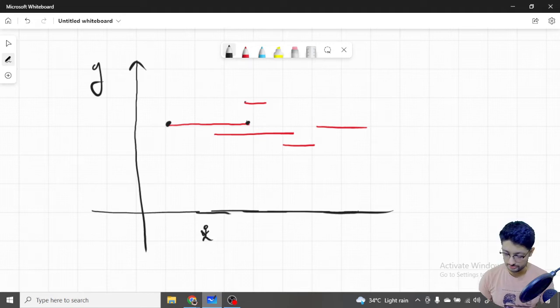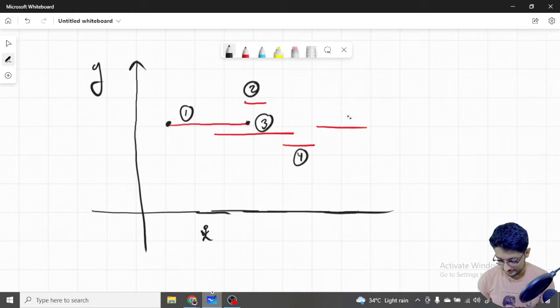So can you just sort them? The first ending point is this, the closest ending point. So this is the first that will be in the sorted array. Then the next ending point comes this. This is the second one. This is the third one. Then this is the fourth one, and this is the fifth one in the sorted array after we sort them